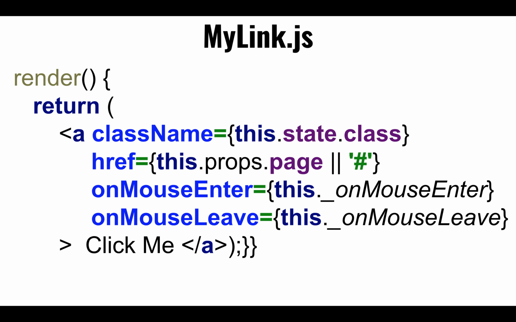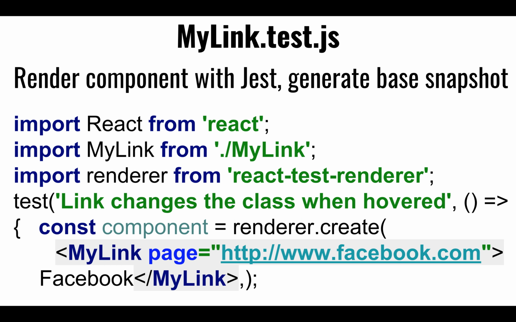So let's do that. The way we're going to do this is that just like this file is called mylink.js, we're going to create another file that ends with .test.js. It has the same name as the file under test, but it adds the .test as a naming convention, so that we know that this is a component and there's a test that goes along with it. That's typically a good practice. Every component that you create, there should be a test that goes along with it,